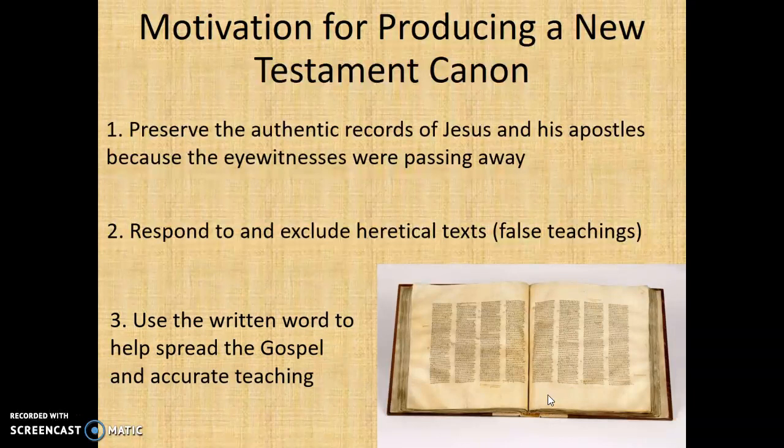Also, in these first decades of the Christian church, there were many false teachings floating around. It was difficult because they didn't have one set of authoritative writings yet, and so everything was word of mouth. Christian teachers would go from church to church and teach, but then there were other people who would spread false teachings. So in order to make sure all Christians believed similar ideas about Jesus and about God and about humanity, they said we need to have a set amount of writings that we say are authoritative for us, and if anything disagrees with these, then we're not going to have those in our community. That's another reason they decided to collect a New Testament canon.